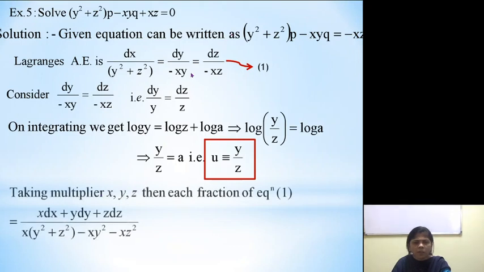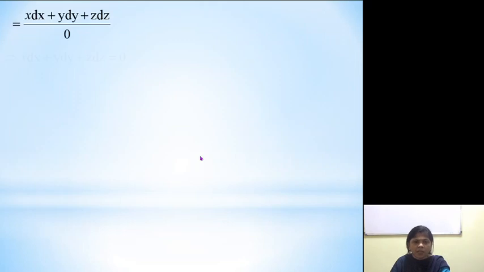Whereas it is not possible to get the second solution, so we will have to take the multipliers x, y, z. If you observe, x, y, z, 1, 1, 1, and 1 by x, 1 by y, 1 by z, all these are nothing but frequent multipliers. So if you are not getting anything, then try with this, you will definitely get the answer. So with this, we have reached the solution.